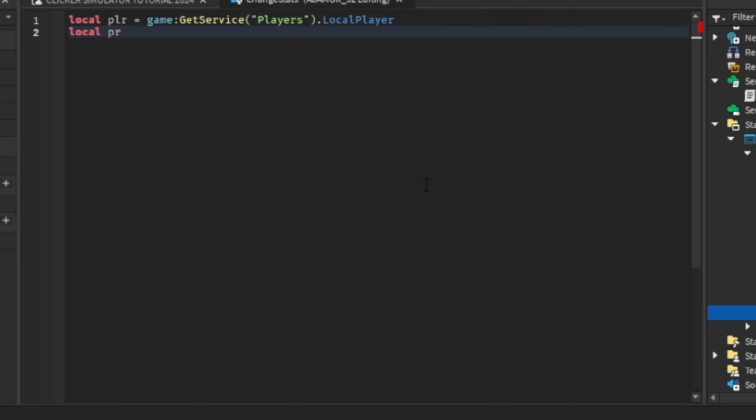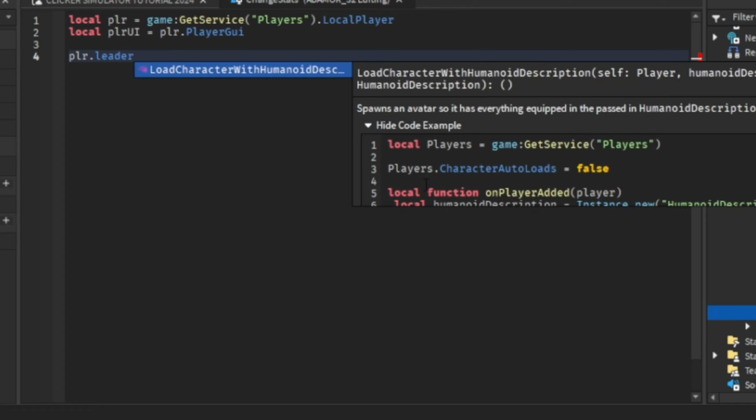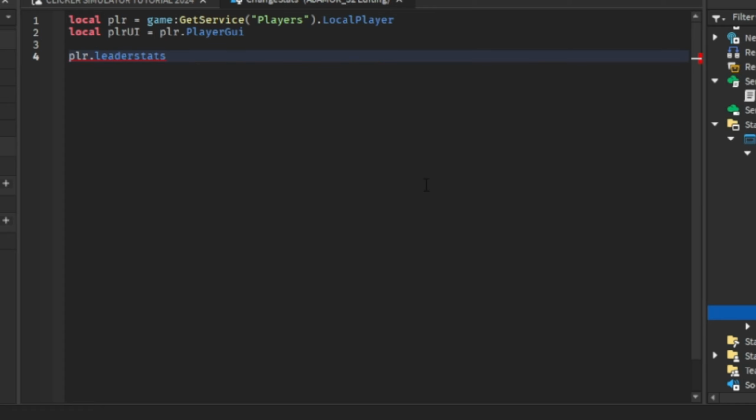Local player UI equals plr.PlayerGui. Player.leaderstats.clicks, get property changed signal,